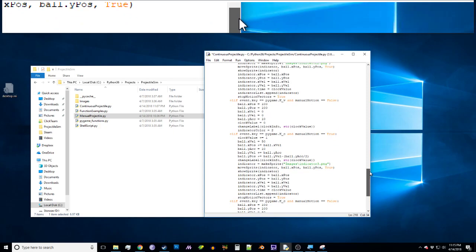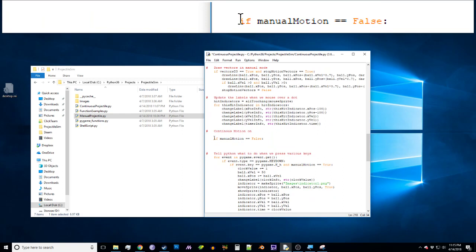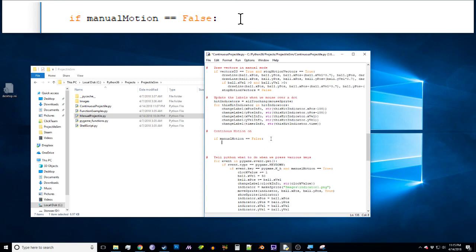Okay, so now let's come back up to this manual motion, or this continuous motion section, where if the manual motion is false, what do we really want to have happen? What we want to have happen to start with is we want it to move, right? So let's set ball.xpos plus equals the